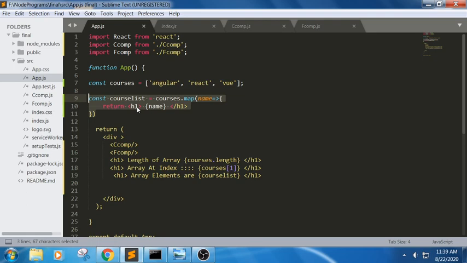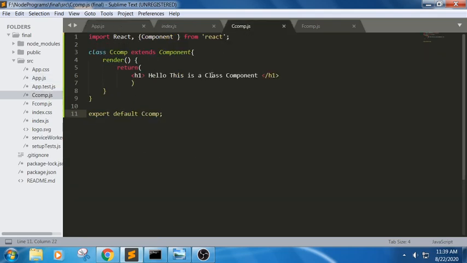Here React is completely based on components. This React library is completely based on components. For suppose I want to pass values. For example, we have used a class component here and a function component here. If I am using them within the same page, same file, we use them in this way. But what happens if I want to pass this value from this parent component to this child component?